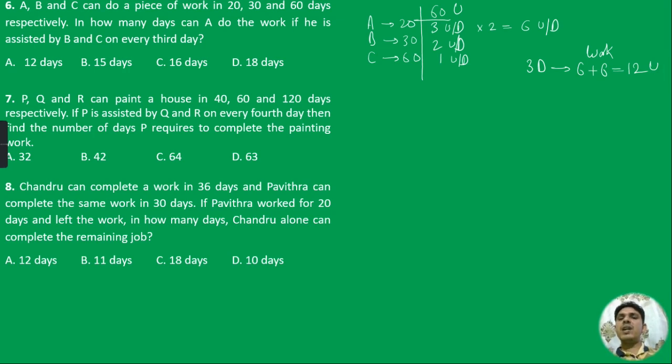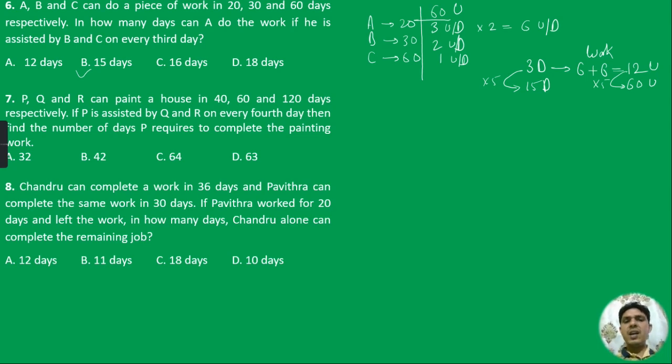And what is the complete work that we have assumed? The complete work is 60 units. So students, we can simply find the number of days. 12 multiplied by 5 will be 60, and 3 multiplied by 5 will be 15. So students, the answer of this question will be 15 days. Right? Very simple question. The same concept that we have done earlier, but a little bit tricky to understand.